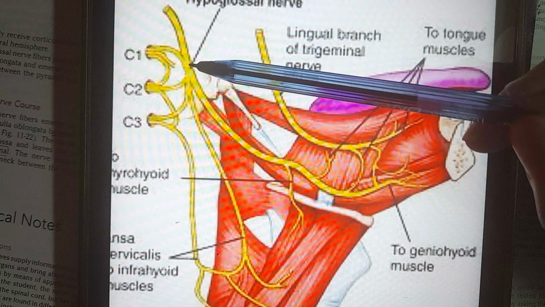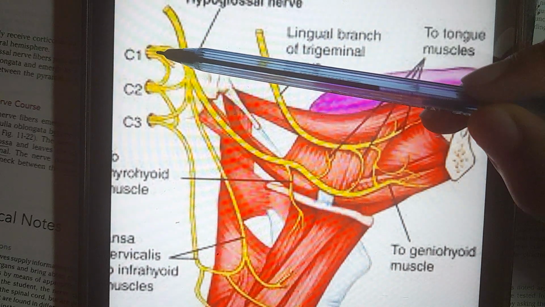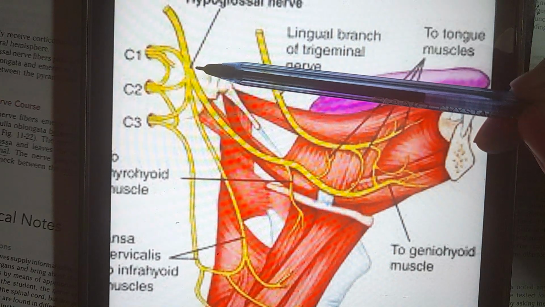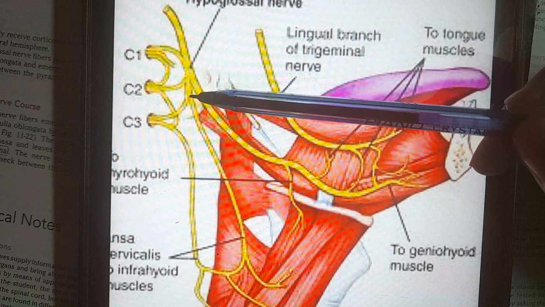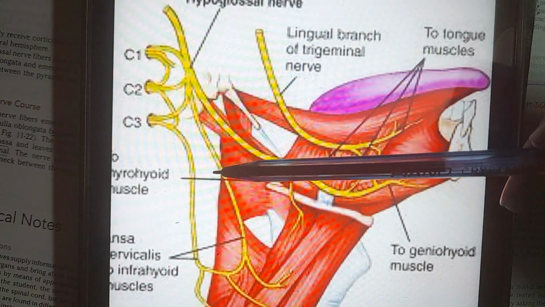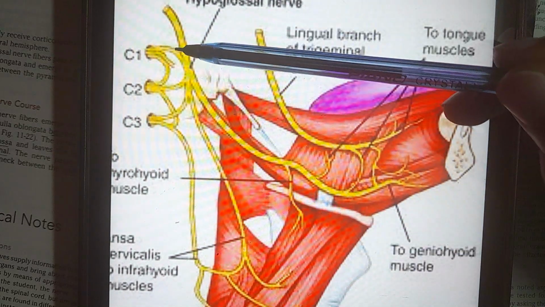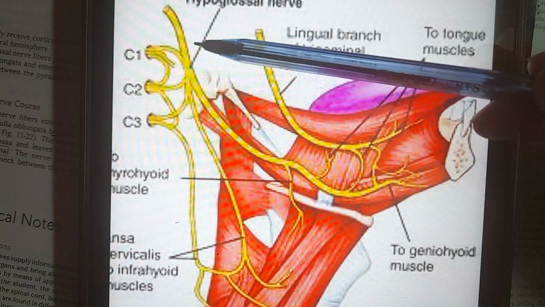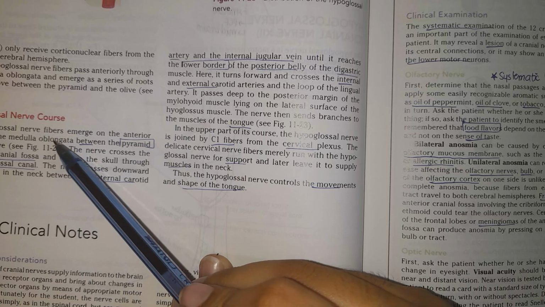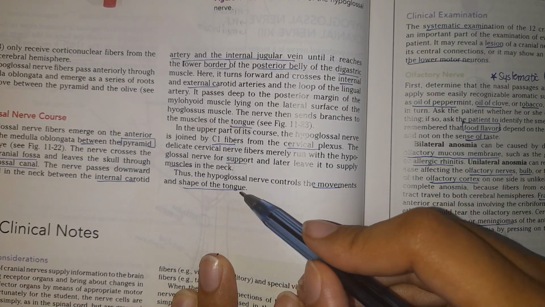So now they are saying that the hypoglossal nerve in its beginning portion is supplied by C1 fibers. The C1 fibers help to stabilize this portion of the hypoglossal nerve, but after the stabilization or supporting procedure over here, the C1 fibers come downwards and go on to supply the muscles of the neck. So it was a supporting role of the C1 fibers in the initial portion of the hypoglossal nerve course. So the whole nerve course is explained. You should always know that the hypoglossal nerve controls the movement as well as the shape of the tongue.